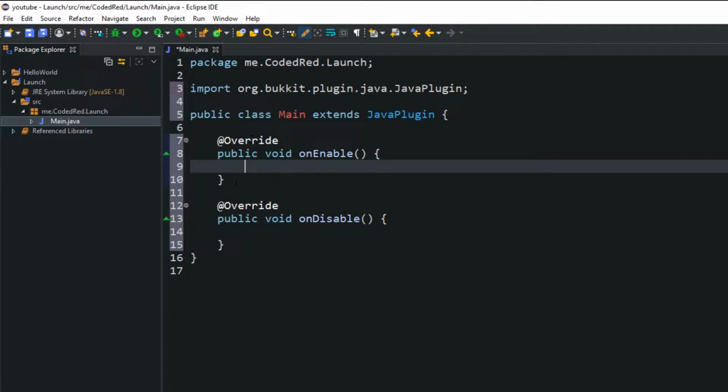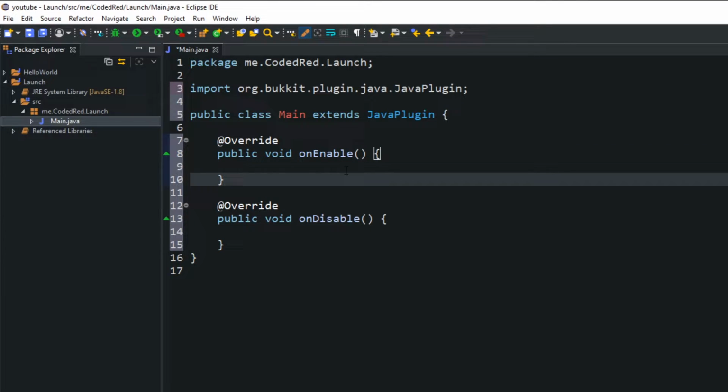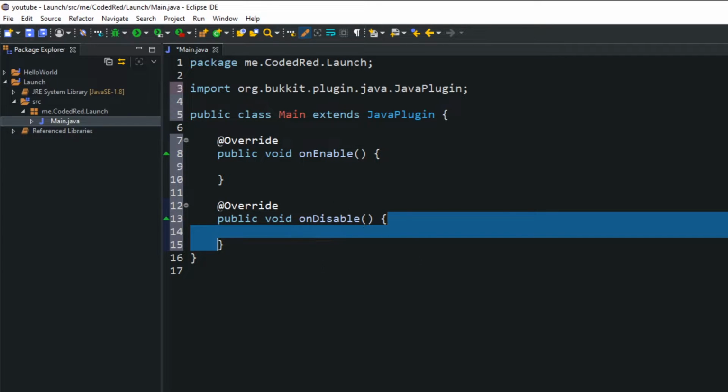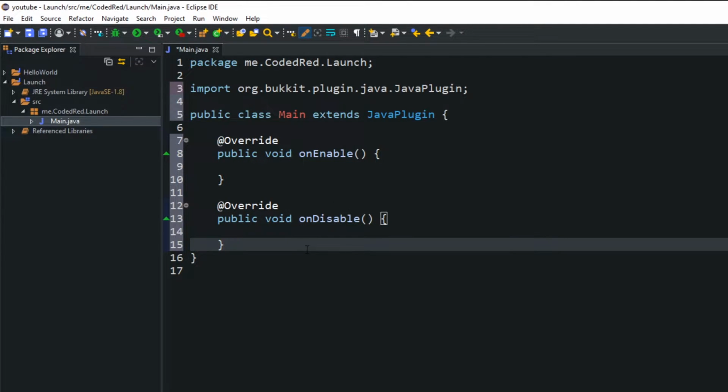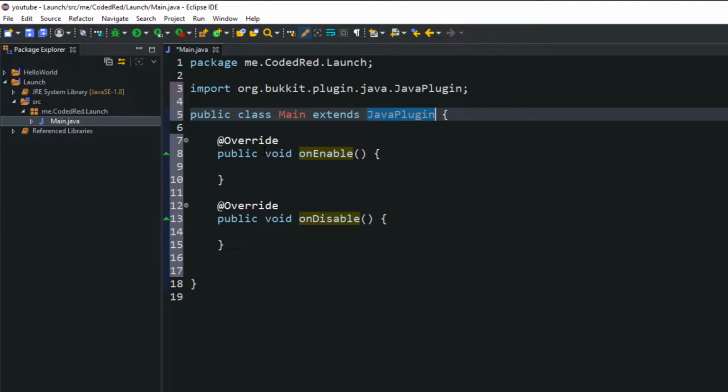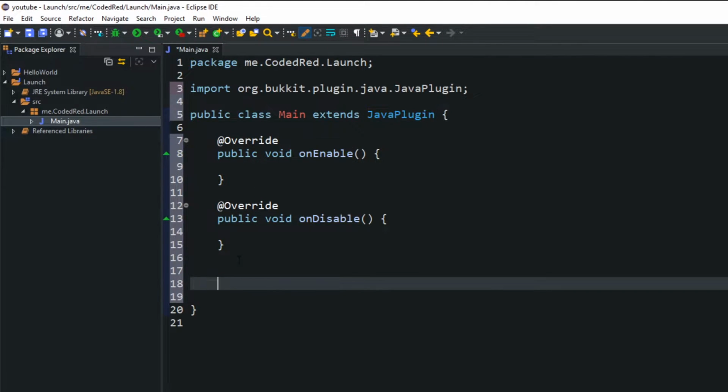We're going to use the onEnable in this episode today, in a little bit. But basically, when the server is starting up, when your plugin is loading, whatever's in these curly braces will run. And then when the server is shutting down, your plugin is being disabled, whatever's in these curly braces will run. Let's go ahead and start the main coding of this episode. And these are the 3 things that I said that you got to put into every main class. The JavaPlugin, and then these 2 methods right here. So let's get into coding the actual launch